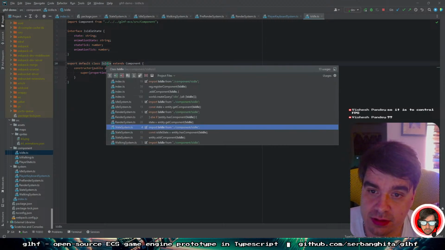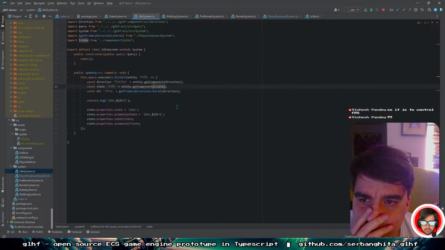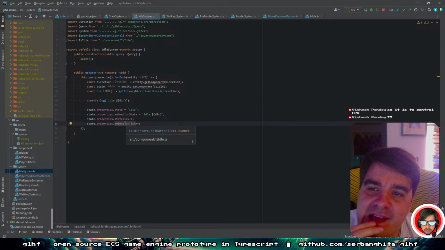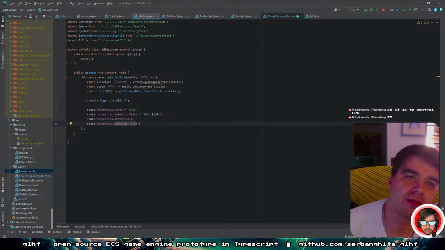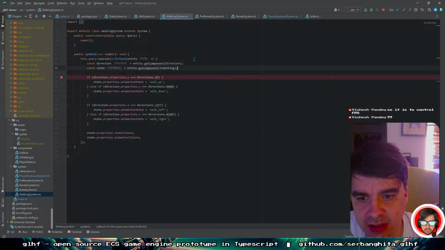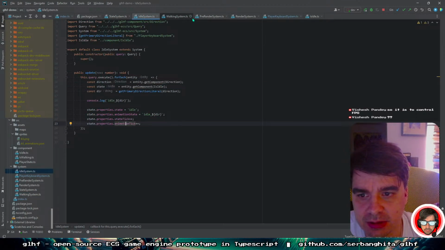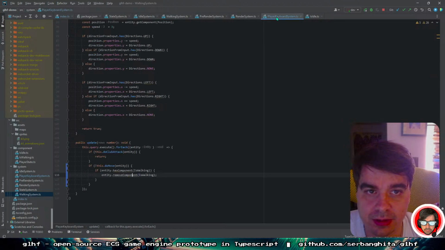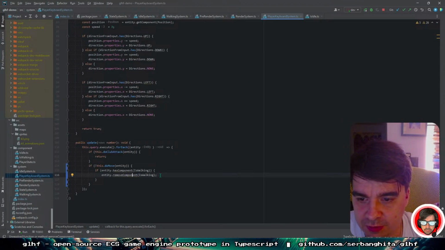Idle. Where is this used? In the idle system, of course. So I need a way to reset. Oh, okay. So when it stops walking, yeah. Player walking system. So here, when you remove this,